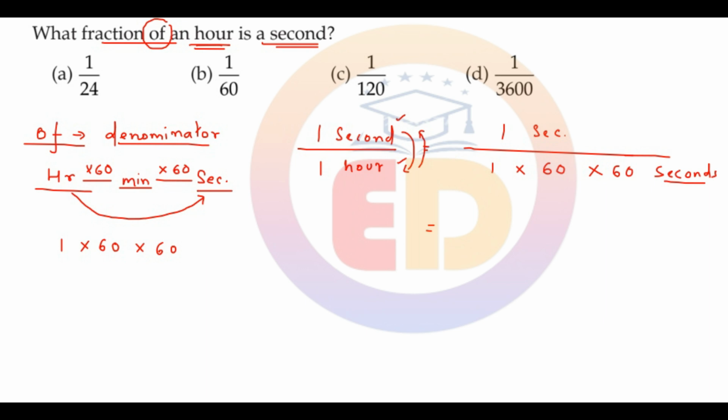This will make my question very simple. In the numerator I will have 1, in the denominator I have 1 into 60 into 60, which is 3600. So a second is what fraction of an hour? It is 1 upon 3600. This will be the required fraction. Our answer is option number